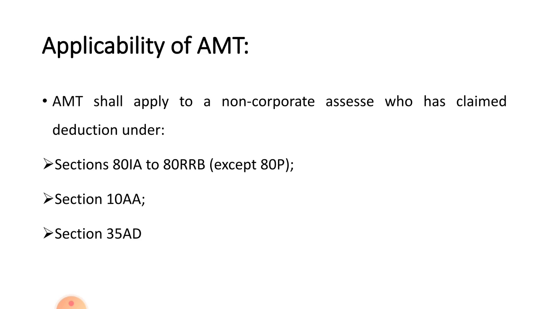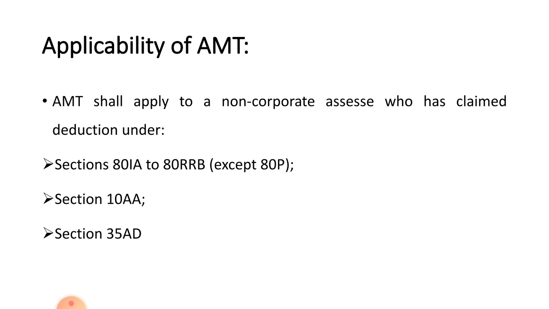This AMT shall apply to a non-corporate assessee and the taxpayer who have claimed deduction in respect of certain incomes under section 80IA to 80RRB except 80P, provided in respect of profits and gains of specific industries such as hotel business, small scale industrial undertakings, export business, infrastructure development, etc. But deduction under section 80P, which provides deduction to cooperative societies, is excluded